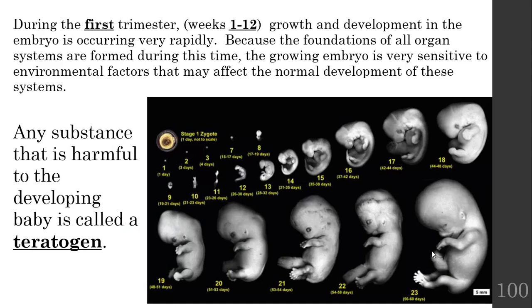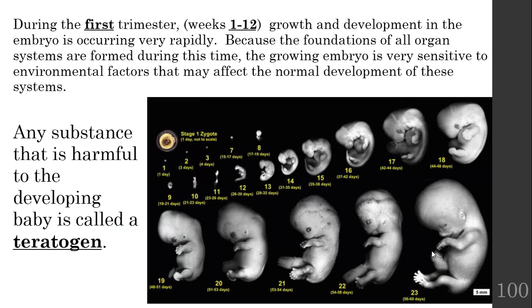All right, so for today's lesson, we are going to take over the development of the baby after the first 8 weeks. So remember, we can divide pregnancy a couple of different ways. We can divide human pregnancy into 3 trimesters, or we can divide it into 2 stages. The first 8 weeks we call the embryological period of development. And from week 9 to the end, which is usually considered to be 38 weeks, we call this the